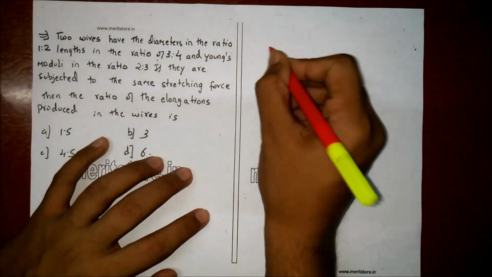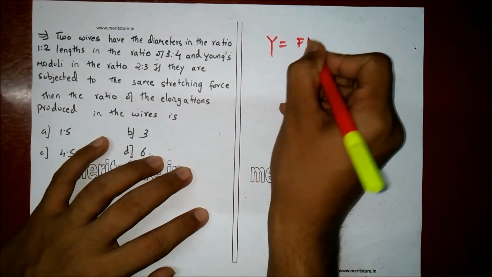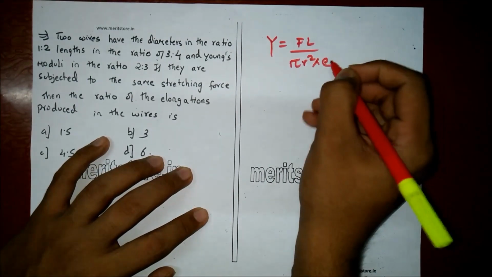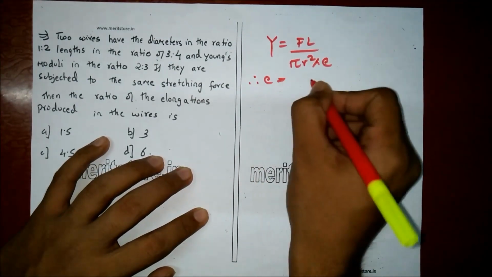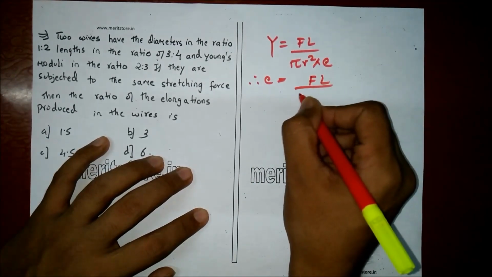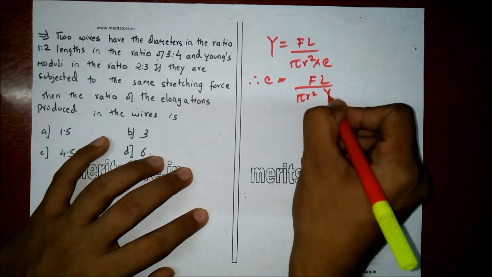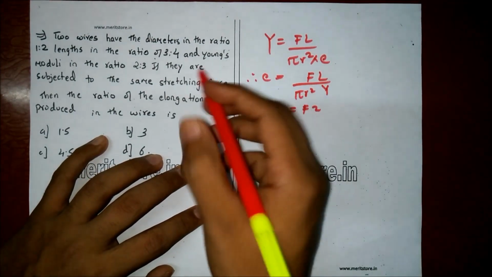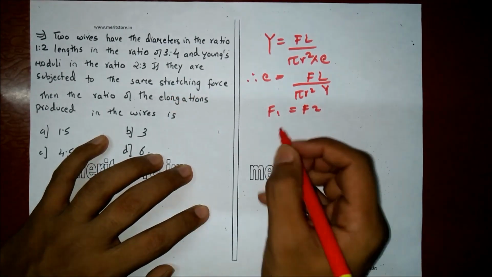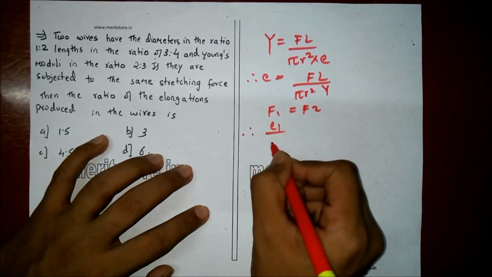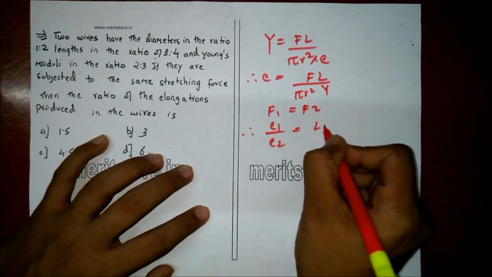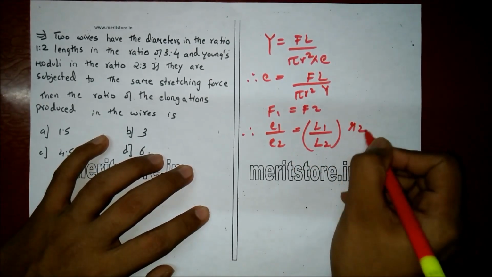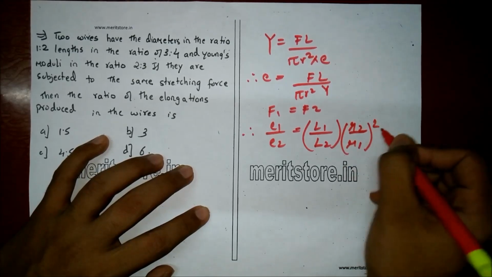Now the Young's modulus is given by Y is equal to F into L upon pi r square into the elongation. Therefore, the elongation will be equal to F into L upon pi r square into Y. But F1 will be equal to F2 since both the forces applied are the same. Therefore, the elongation E1 upon E2 will be equal to L1 upon L2 into (R2 upon R1) the whole square